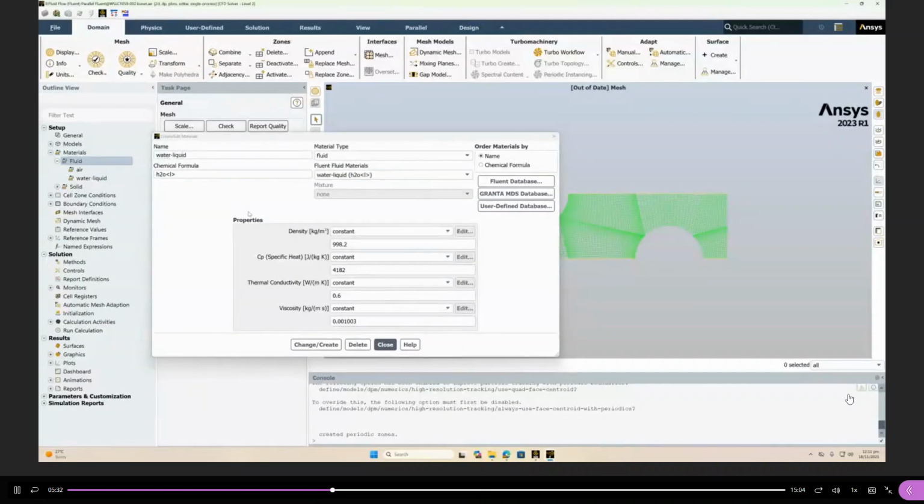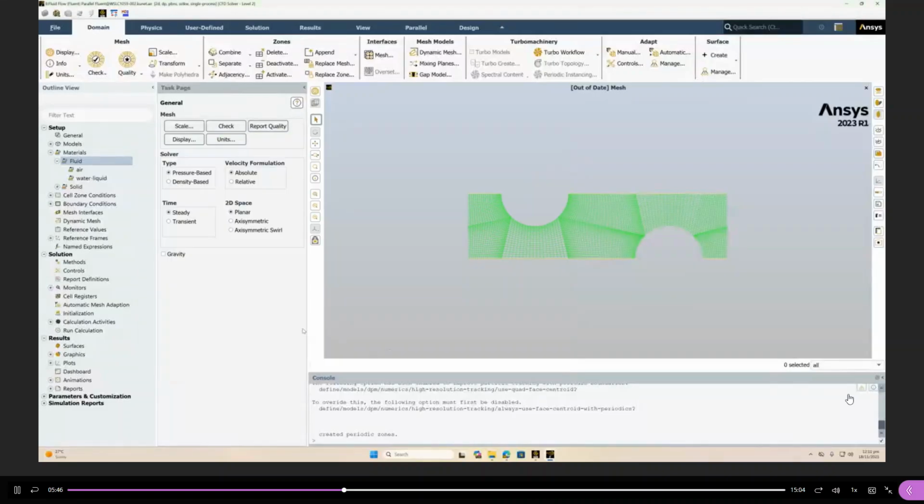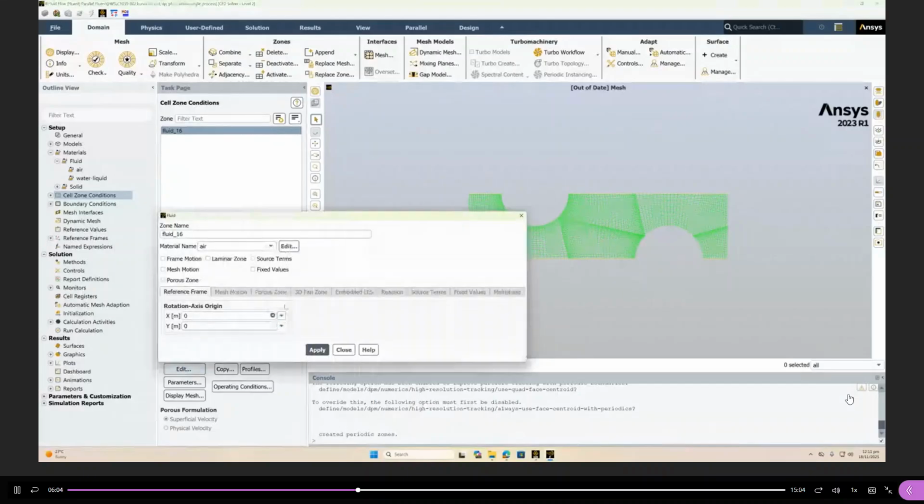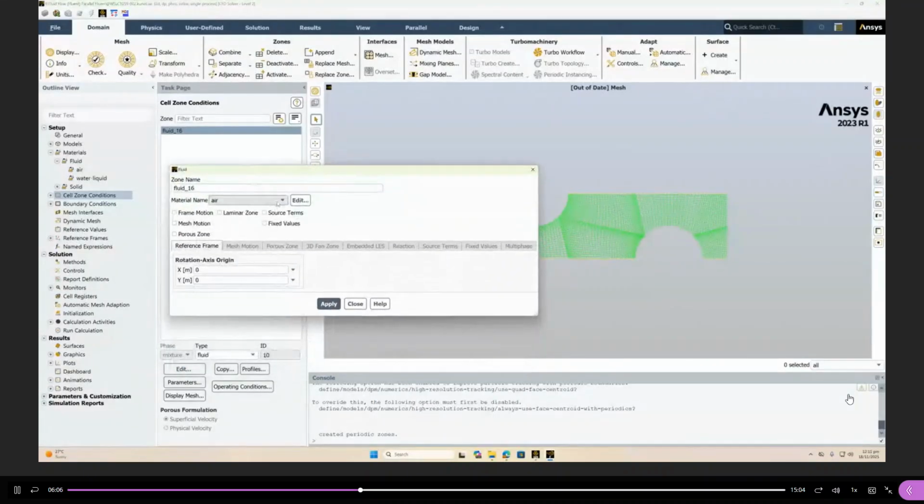And then change, create, close. Now for the cell zone conditions, we'll go to setup, cell zone conditions, fluid 16, edit. We want water liquid, apply,